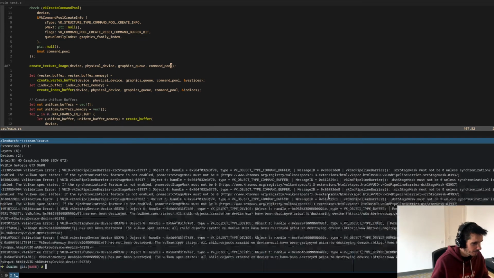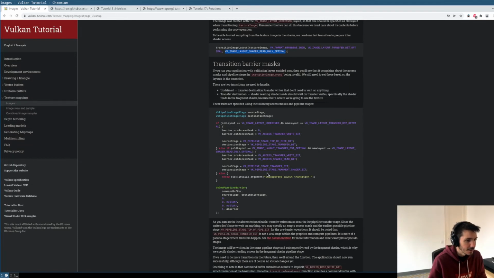So, okay, we got some validation errors. Source stage mask must not be 0 unless synchronization 2 is enabled. Source stage mask must not be 0. Destination stage must not be 0. Yeah. So we need to specify this